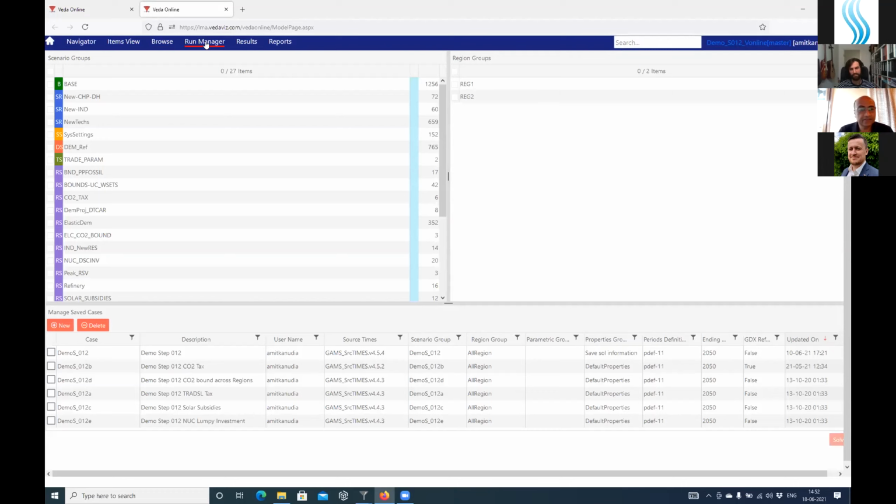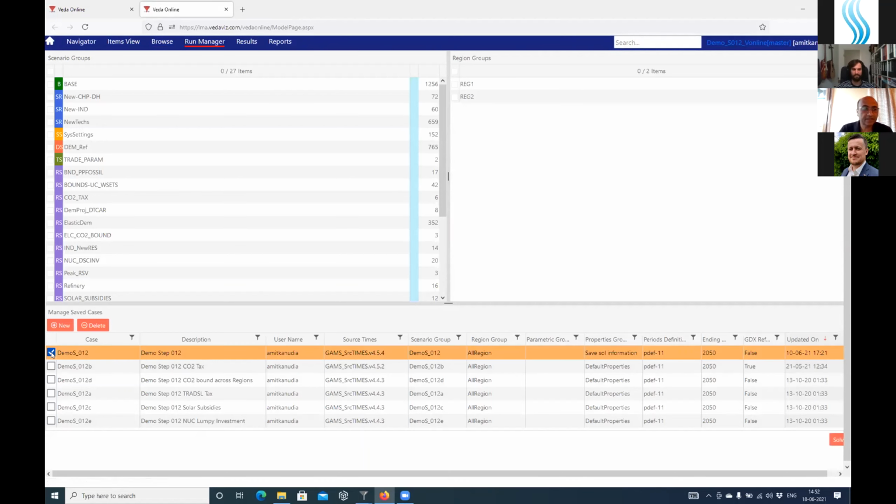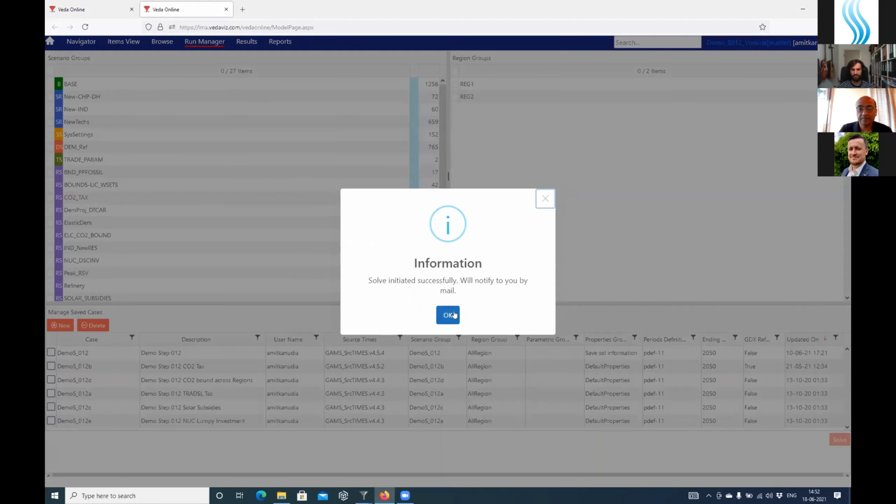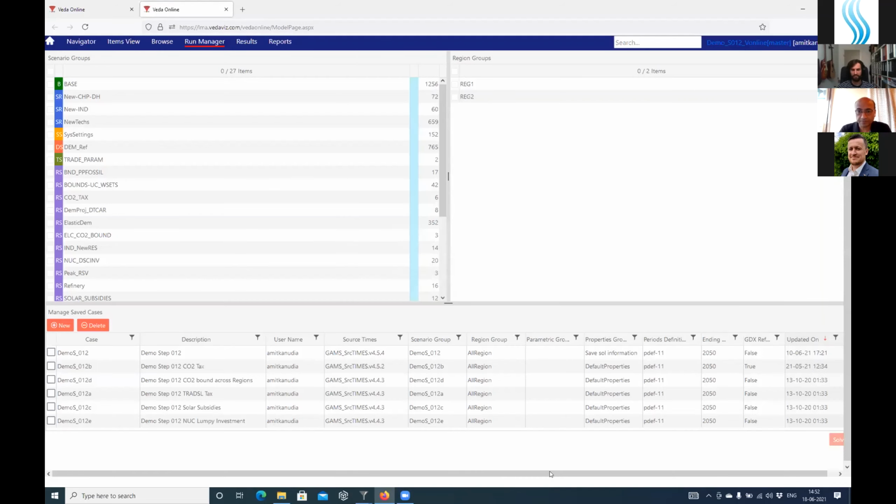Now, here again, there is nothing much to show apart from the fact that it really works. So if I selected this case to be solved and I click solve, then it tells me that the solve has been launched and I will be notified by email.